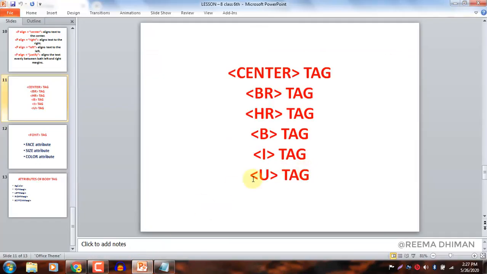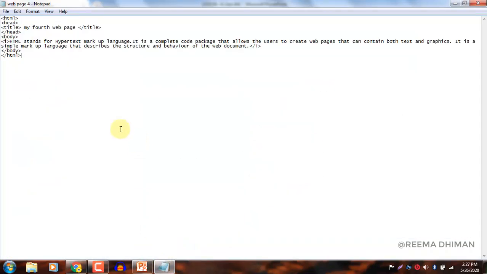In the same sequence, the next tag is the underline tag. This tag underlines the text enclosed in its opening and closing tags. If we want to underline the text, we can use this, but we just have to change the name. So as now we are using the underline tag, we have to type U here.